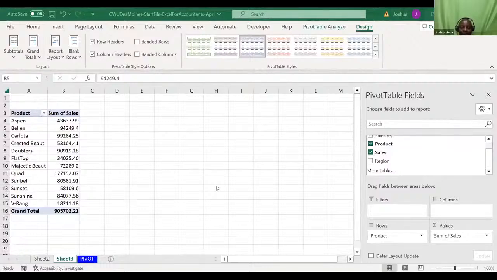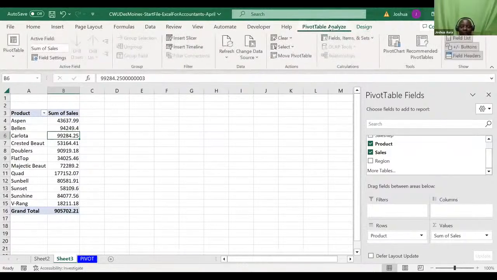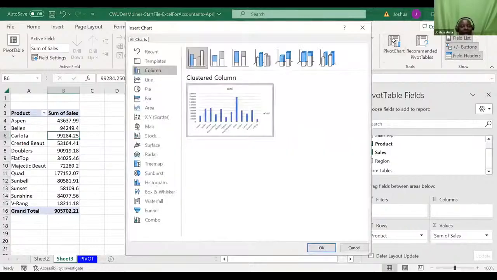I will be able to give data. Don't worry. Insert. I know I am not sharing the data now. So I'll come and I click on any value inside here. Then automatically I will be able to go to my pivot table analyze. After I say pivot table analyze, I'll come and say pivot chart. And the pivot chart has come up.